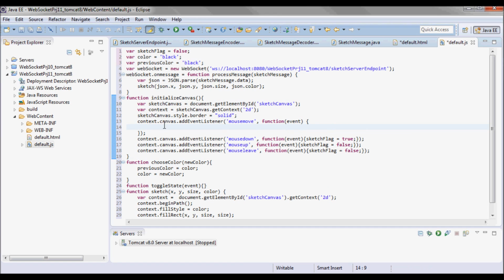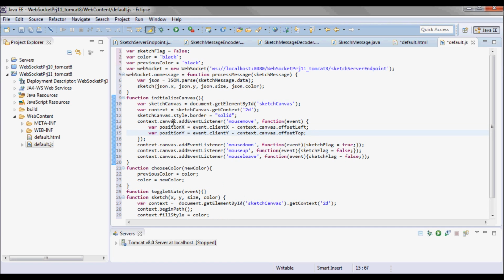And here I'll pick up the right position of the mouse, accounting for the offset left and offset top. So I'll do event.clientX minus context.canvas.offsetLeft, and for position Y I'll do event.clientY minus context.canvas.offsetTop.